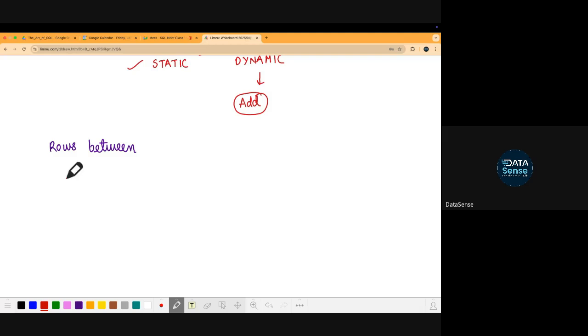Now remember, for any window, let's say this is your current row. There will be a few rows preceding this. These are called rows preceding, meaning in that window, how many rows are you considering before this current row? And rows following means how many rows you are considering after that particular current row. So how does the syntax look? For example, if I have 3 rows before this, I will write down rows between 3 preceding